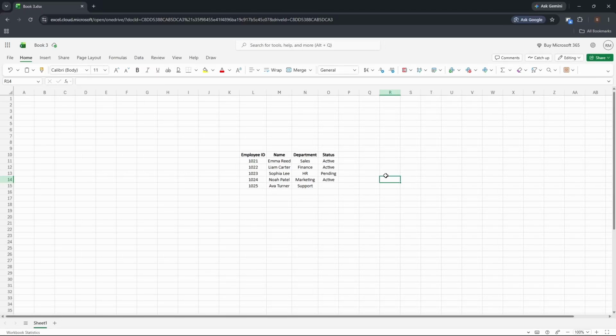Hey guys, in this video, I'm gonna show you how you can open an online Excel file in the desktop app. It's pretty easy. Right now my file is open online and I wanna open it in desktop mode. So for that, we just need to go to this editing drop down and you will be able to see the